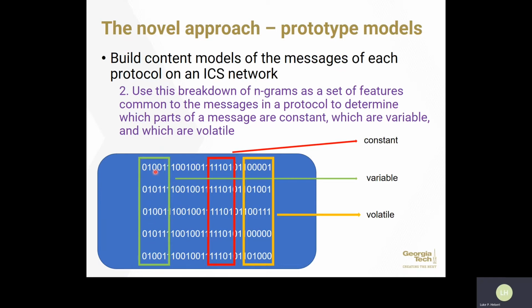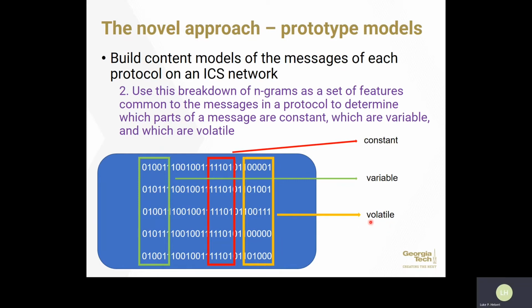But you see here in the 3rd and 4th bit, this is apt to change, so we would think of this as being variable. In the red frame, we see something that stays constant among all 5 messages. So this is a feature of the protocol. If this is our entire sample set, a very small sample set of 5, we could assume that this is a constant feature of this certain protocol that will have this set 11101 at this spot in each message.